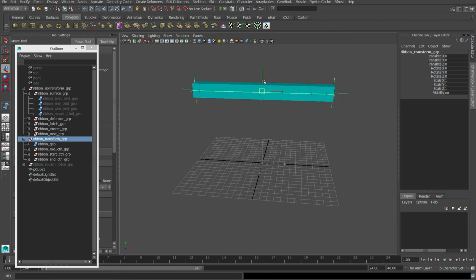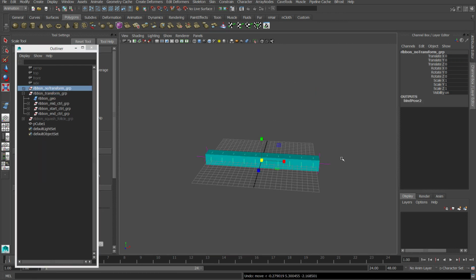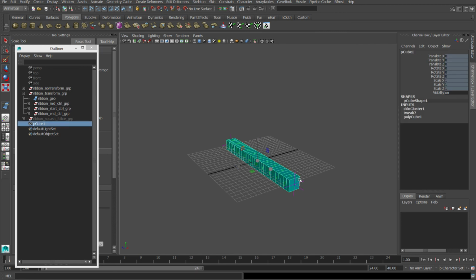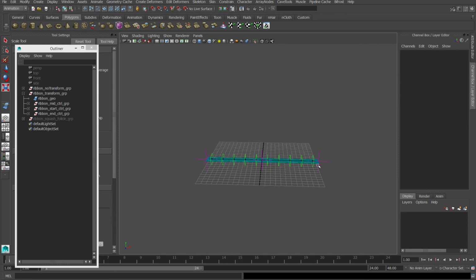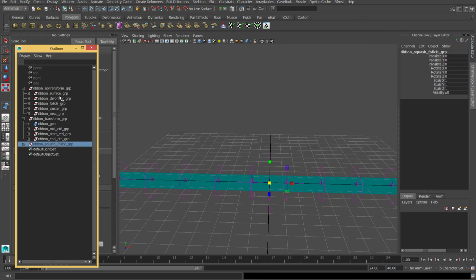And again, you can just use the transform group to move or scale the entire setup. Oh, and this should be in the no transform group. That's pretty much it. All right,